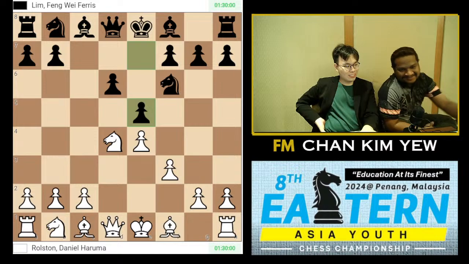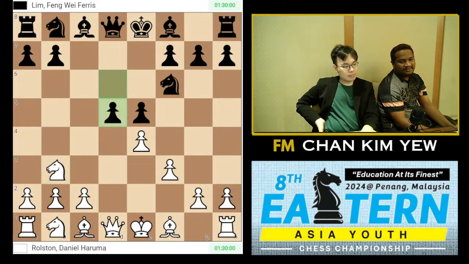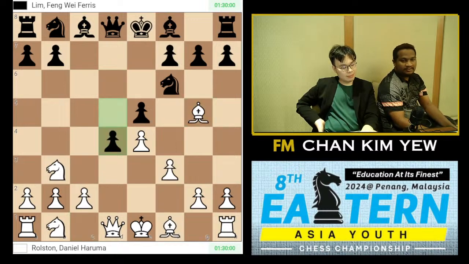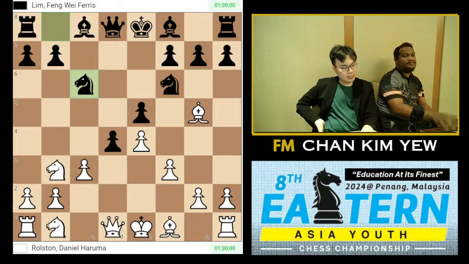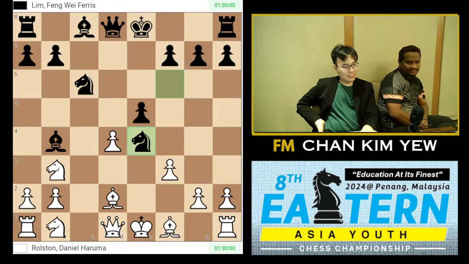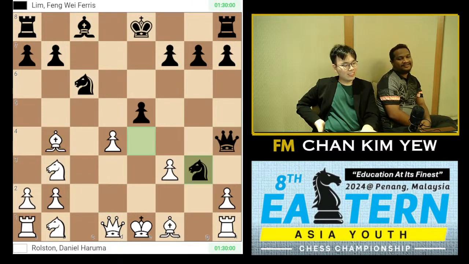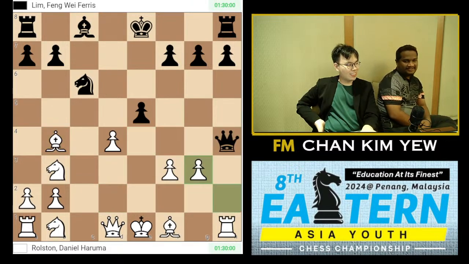f3, e5. Wow, I don't love this. I don't love b5. Yeah, d5 straight away. This is a big theoretical line. c3 takes, check. Knight takes e4. Wow. Oh yes, I remember this line. It's supposed to be some sort of weird equality, but